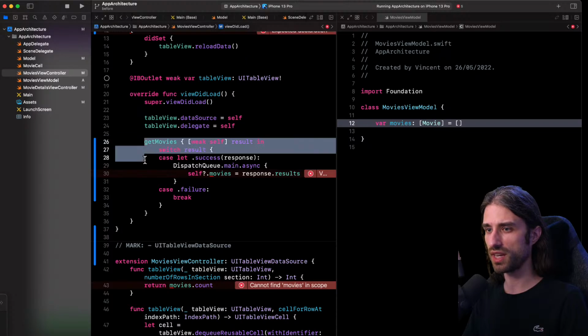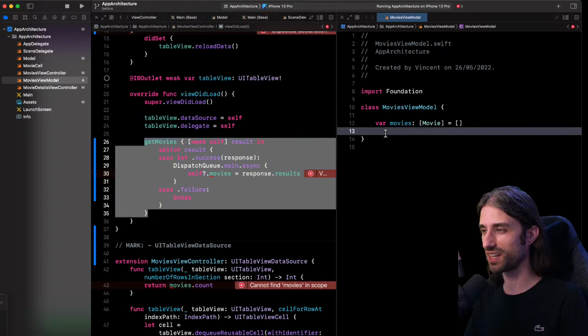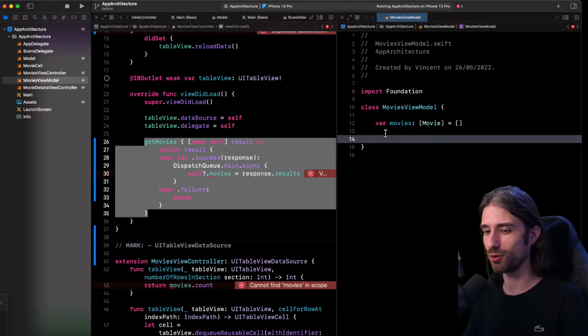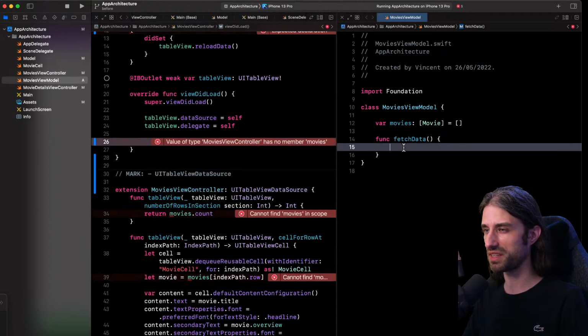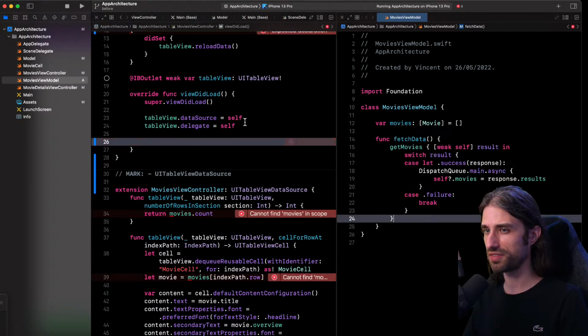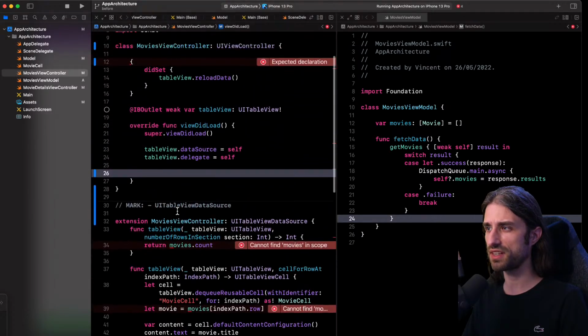So I'm going to take this code. Of course, I cannot just move it inside the class. I need to put it inside a method of my view model, and so it's a method I will call fetchData. Now that I have this method, I can go back here, cut the code and paste it inside the method fetchData. Okay, are there other things that should be moved? I'm going to argue that no, I have everything I need.